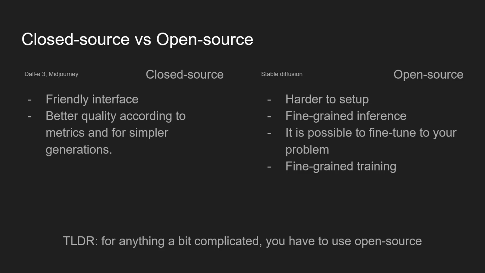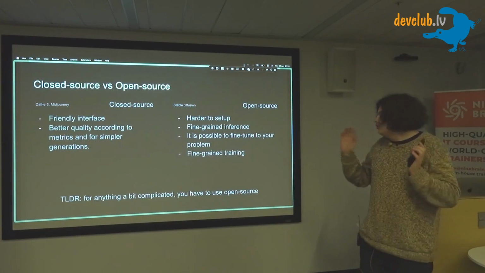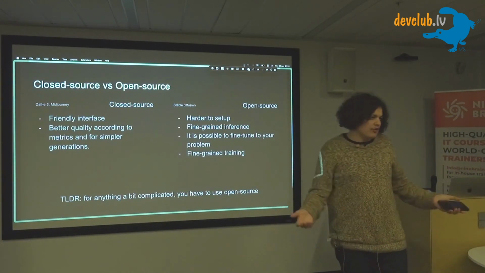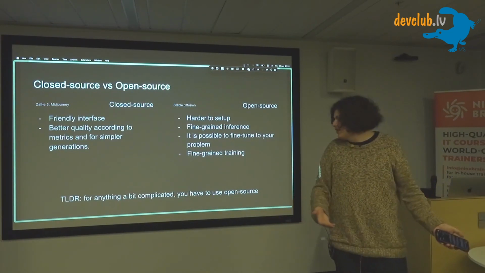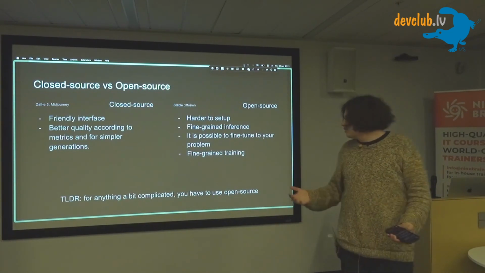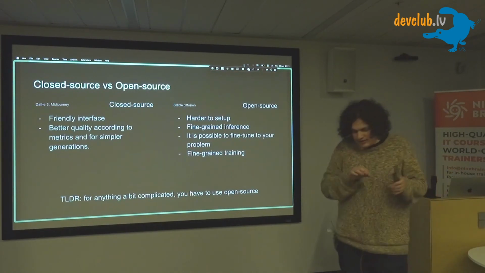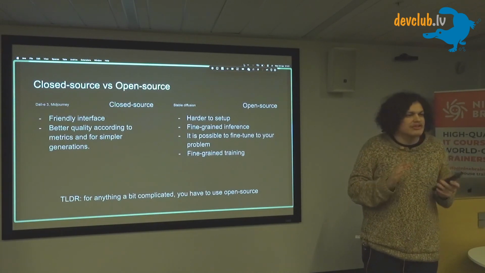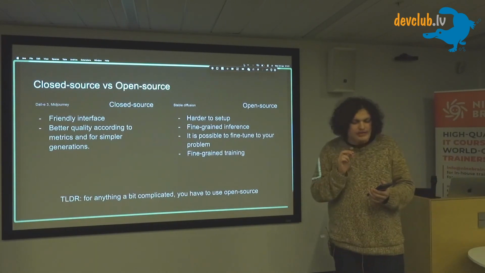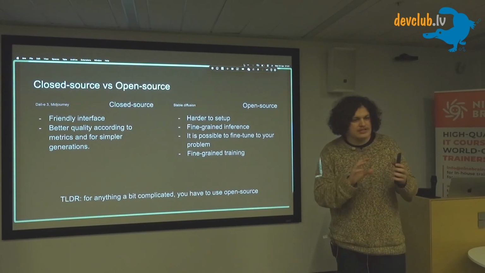So there are two types of models: the closed source models and open source models. You all know the closed source models like DALL-E 3 in ChatGPT or Midjourney, which you can use in Discord, etc. They have an amazing friendly interface, and if you are just a newbie and you want to type something, you just type it and you will have amazing results. The problem is that you don't have access to internals, so you cannot tweak the parameters of the model to generate more sophisticated